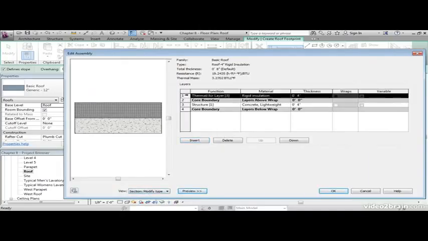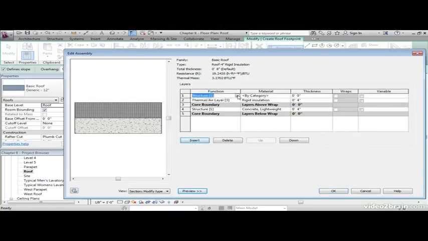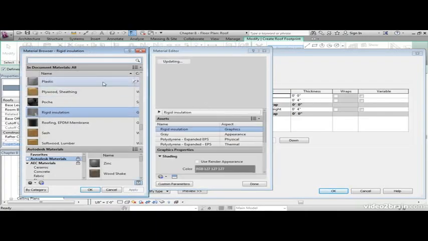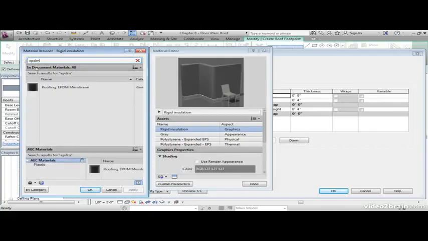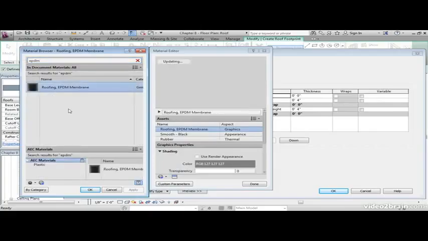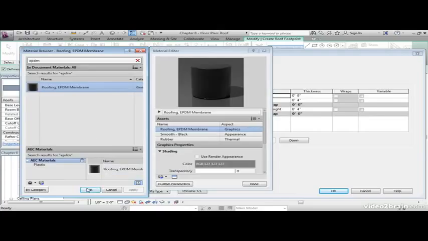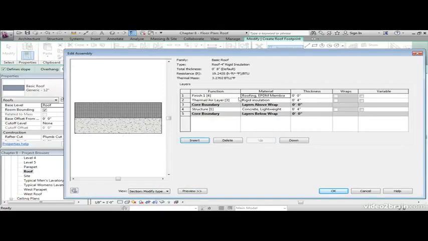Now let's insert another row above our thermal air layer. That function is going to be Finish 1. For material, click into the browser. Let's find EPDM. So we have this roofing membrane that we can put up there. Click OK. Thickness will be 1/4 inch. Not bad. One last thing to do is